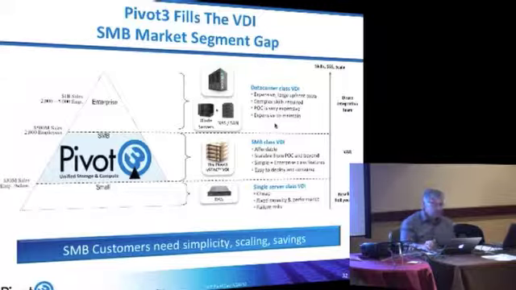This is the slide that I think we spent a little bit of time talking about, right? Which is, I'm calling this SMB class, VDI with affordable yet enterprise class features. And it's more mid, it's not small. I put small down below as DAS, which is the single server class kind of VDI. It's cheap, fixed capacity, it's got failure risks. That's not our segment, right? And that's not our segment. We're not talking about vBlocks or blade servers with a fiber attached SAN. We're not going after that segment. So you clearly see from where we are, we know exactly where our value prop is going to work